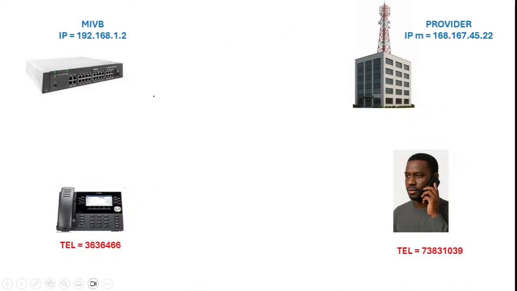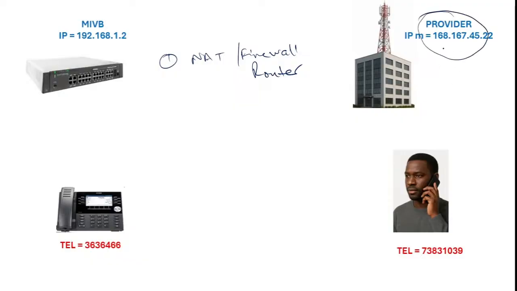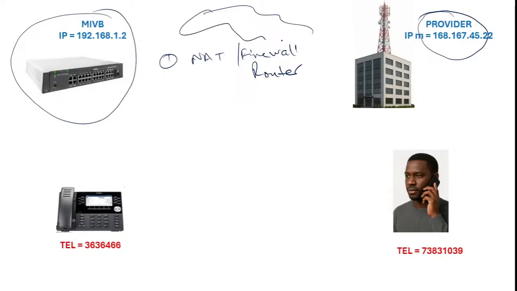So I've just cleaned the board. So the causes of one-way audio are: number one, NAT on the firewall or router. By NAT we mean when we are involving the internet between the SIP trunk provider and the MiVoice Business. If we are involving the internet in between,